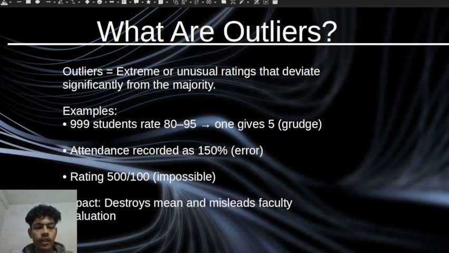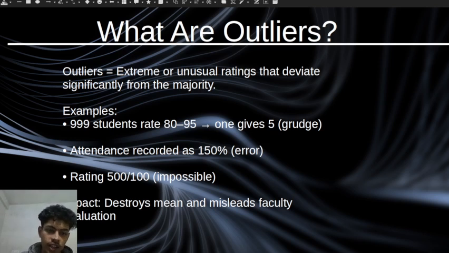So what are outliers? Outliers are the extreme or unusual ratings that deviate significantly from the majority. Assume that there is a data set where the data is given between 1 to 10, and students are allowed to give data out of 10 also, but they compute data in the range of 1 to 10 only. So if someone gives 90 or 80, then the 90 is termed as an outlier, as it is too far away from the original range of data. Those data points are called outliers.